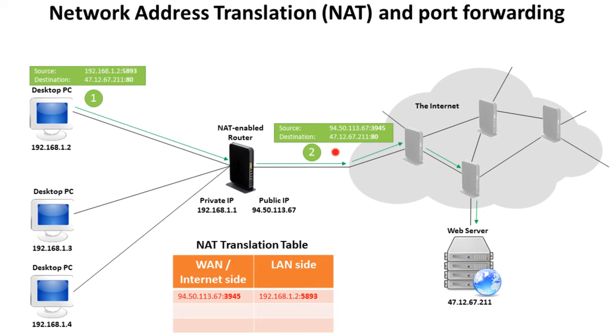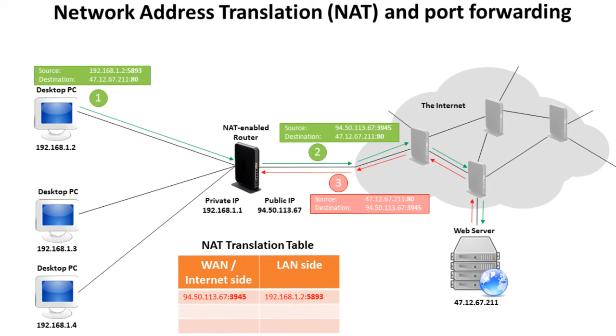So, out goes this piece of traffic, but this time, of course, the source of this piece of traffic is this router. Don't forget, this web server, when it sends back, can't know about this. It can only know about this IP address and its public address. So this traffic goes off to the web server, but it's changed the source address. It's pretending it's the source address with this special port that it made up. Off it goes. The web server then receives the request,